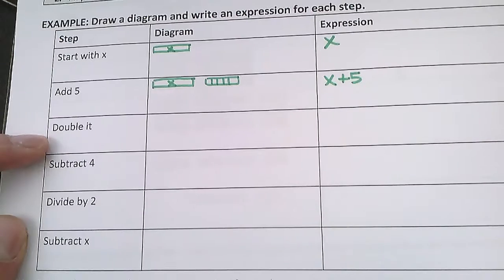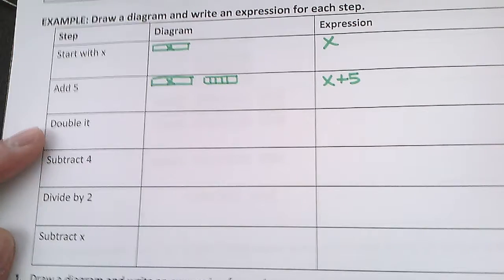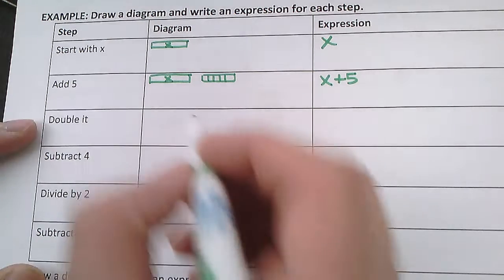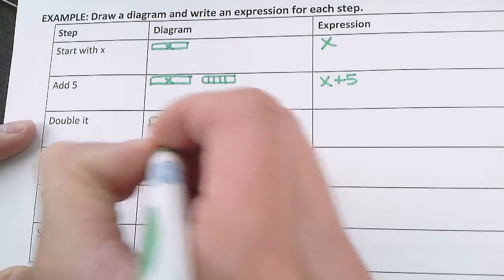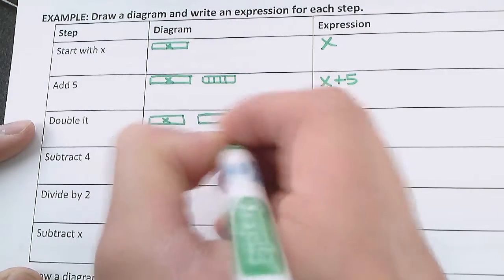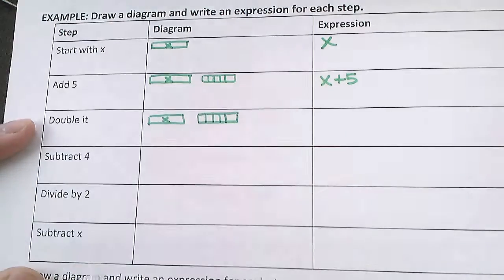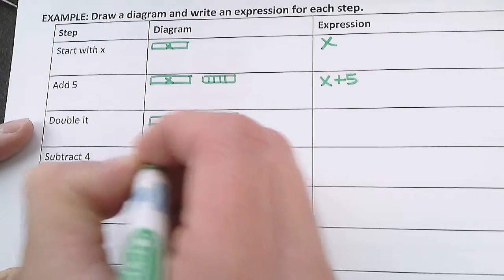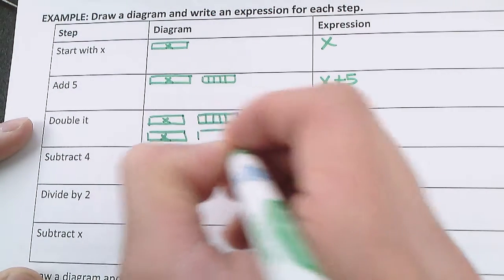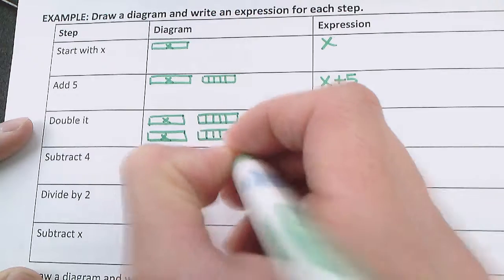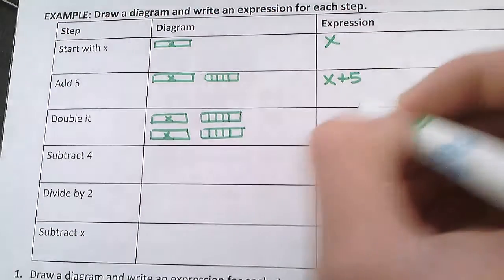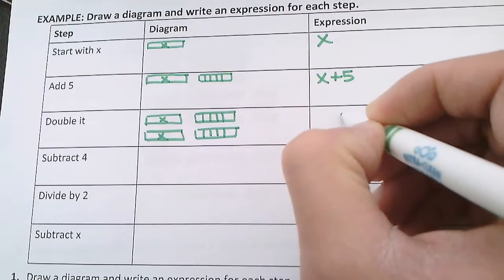Then, the next step is to double it. So anytime you're doubling something, that is the same thing as multiplying by 2. So we'll have the x that we started with, then the 5 that we added, 5 ones here, and then since we're doubling it, we're going to have 2 x's total, and then another 5 ones. Okay. And now our expression is we had x plus 5,